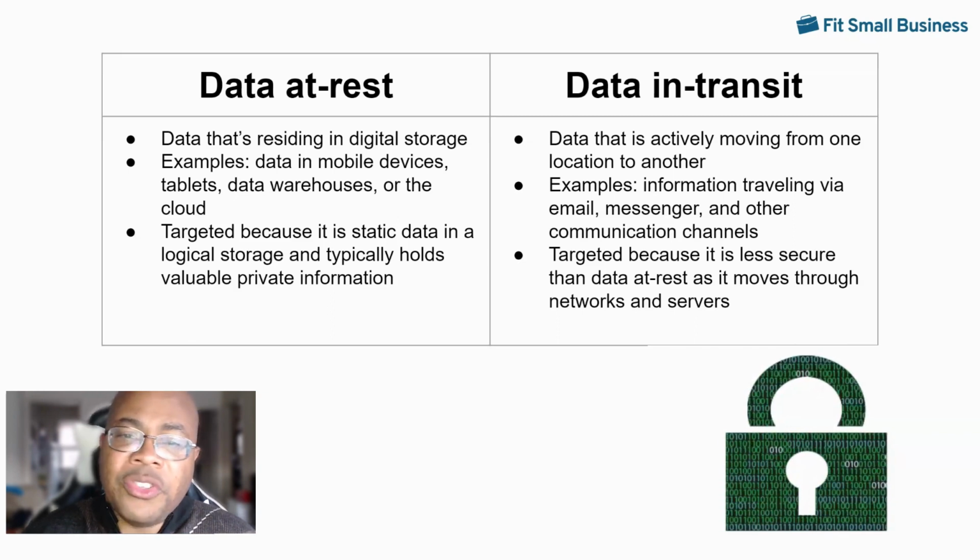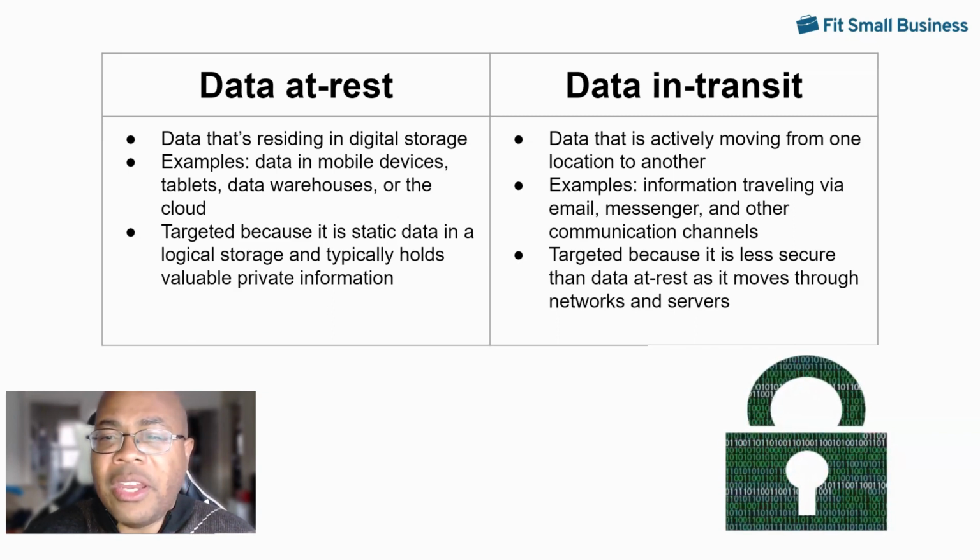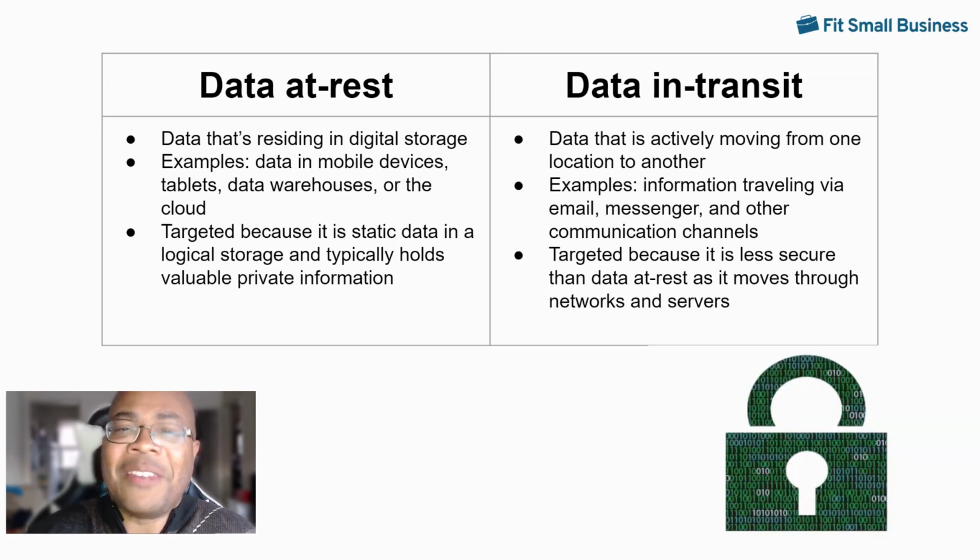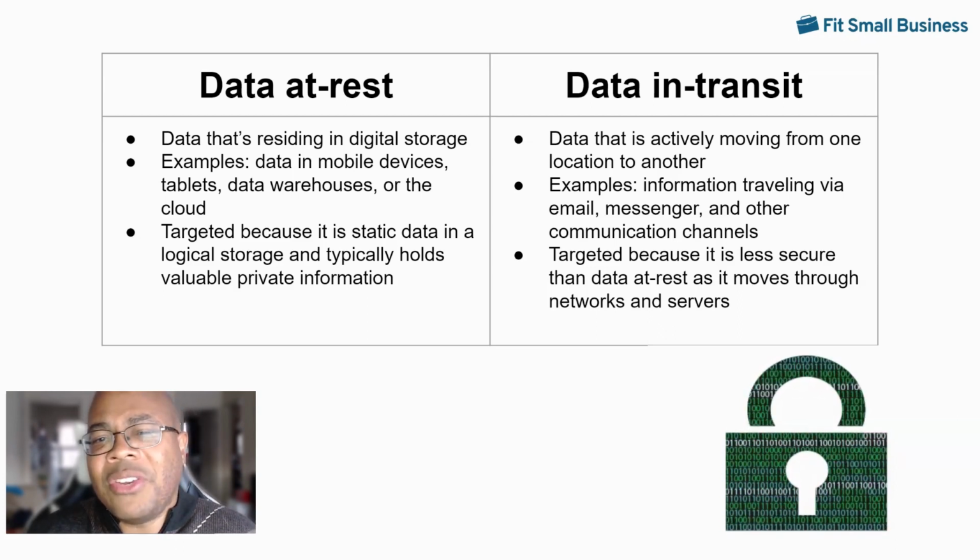Data at rest refers to data residing in computer storage in any digital form, while data in transit is specific to information being transferred or in motion. Zeroing in on data at rest, this is data stored in a storage device, such as a laptop or a hard drive. This data is particularly vulnerable because hackers find it more valuable, as it is often confidential information, like financial documents and contracts.